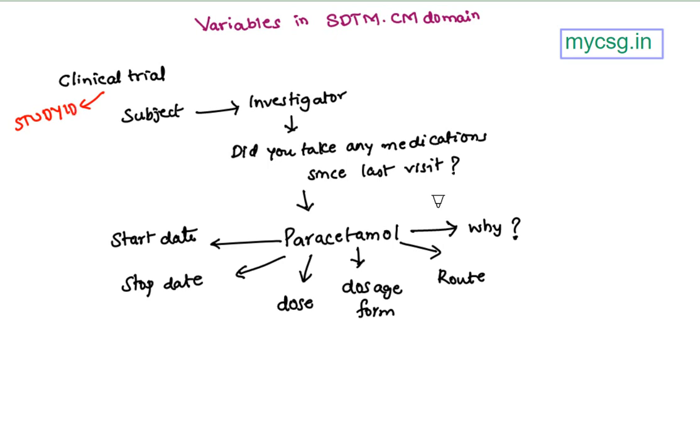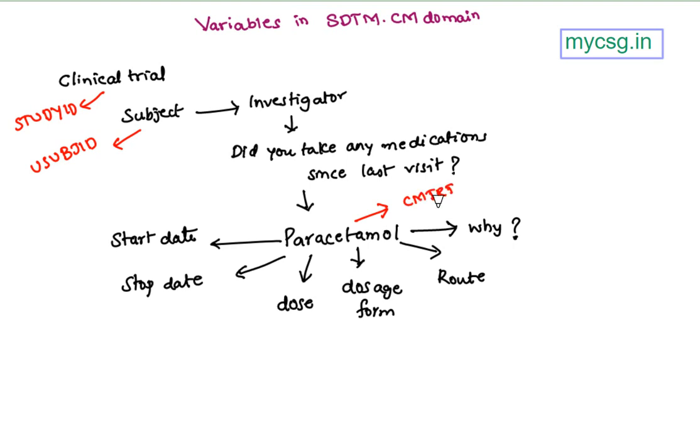And then every subject in a clinical trial would have an identifier, and that information would be stored in a variable called USUBJID, unique subject identifier. And then this question, did you take any medication since last visit, will not be captured because only the medications taken would be captured in concomitant medications in a regular case. So this text, the paracetamol, would be captured in a variable called